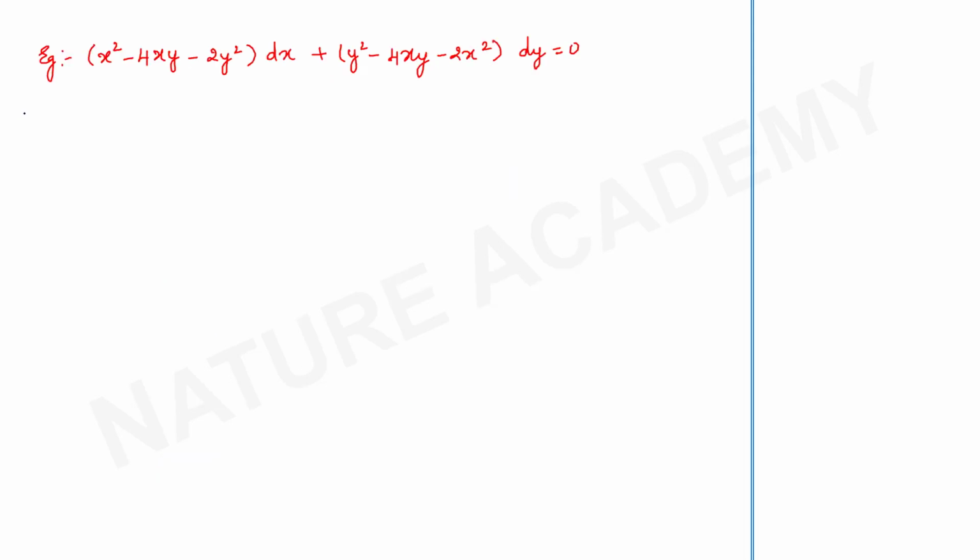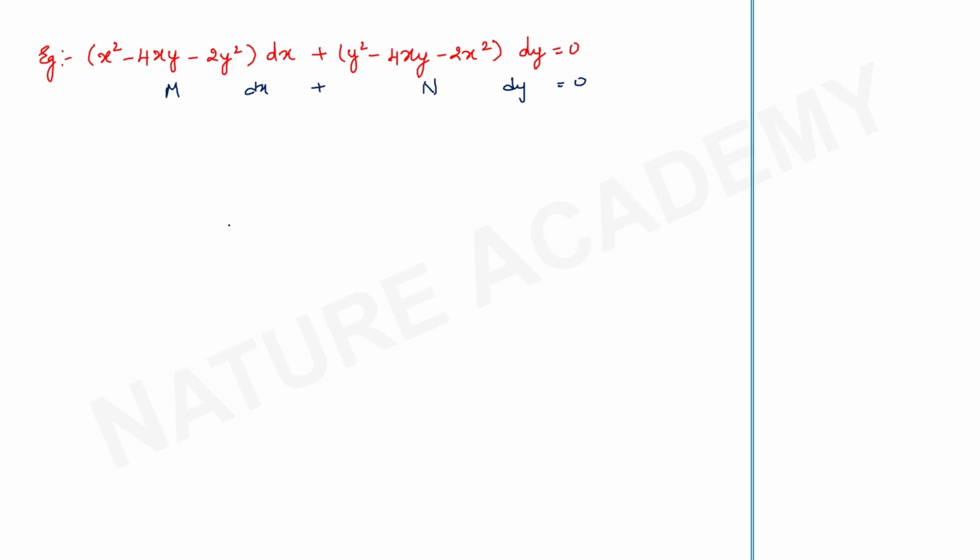Let's solve this example. Then it will be more clear for us how to solve the differential equation which is an exact equation. See, first you identify the exact differential equation by just seeing its form. See whether it is in M dx plus N dy is equal to 0. Yes, it is there. But still, after seeing that this is in the form M dx plus N dy, our important criterion is that we have to check whether ∂M/∂y and ∂N/∂x are equal or not.